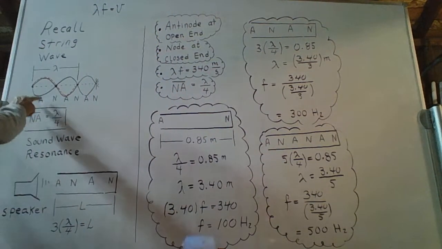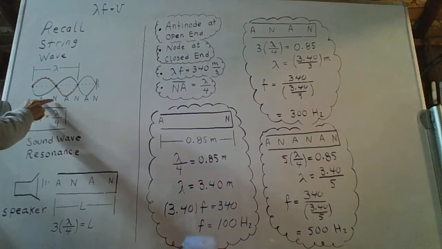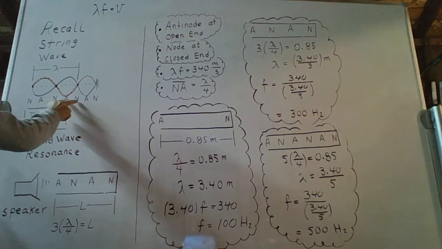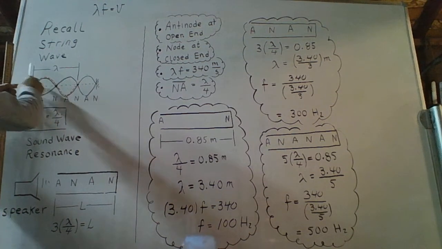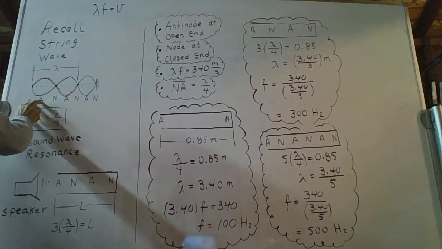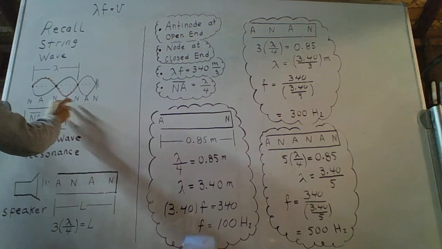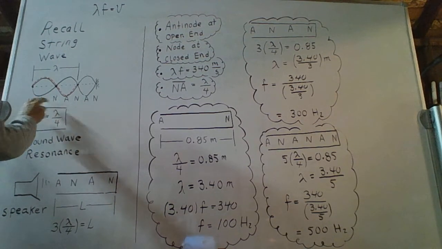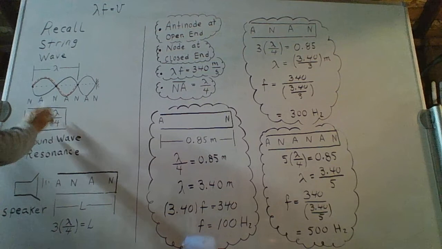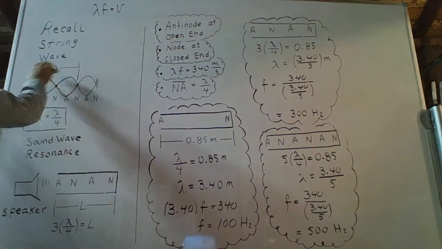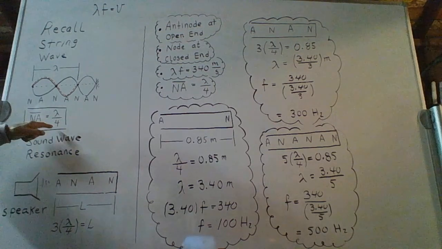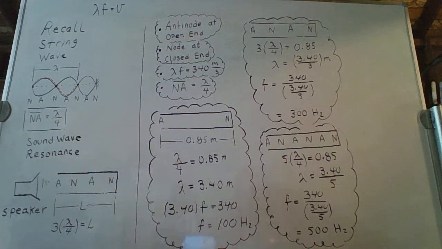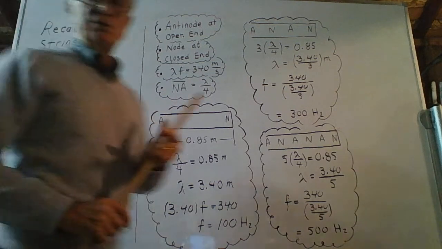We have one such distance, two such, three, then four that span the distance between those 2 points. One full wavelength equals 1, 2, 3, 4 of those A to N and N to A distances. So there are 4 of those to make one wavelength. So one of these distances, NA, equals a quarter of a wavelength. This is a crucial bit of information that we'll put to use when we study